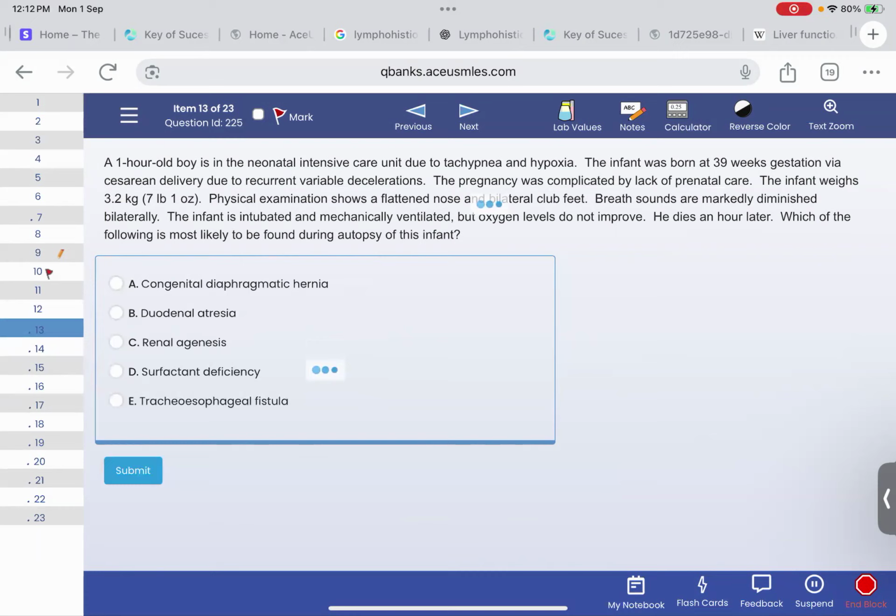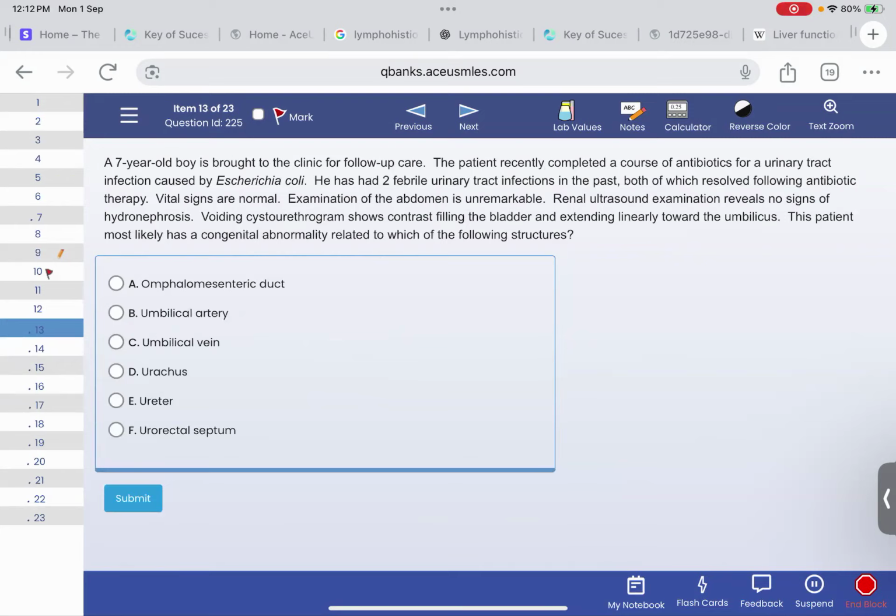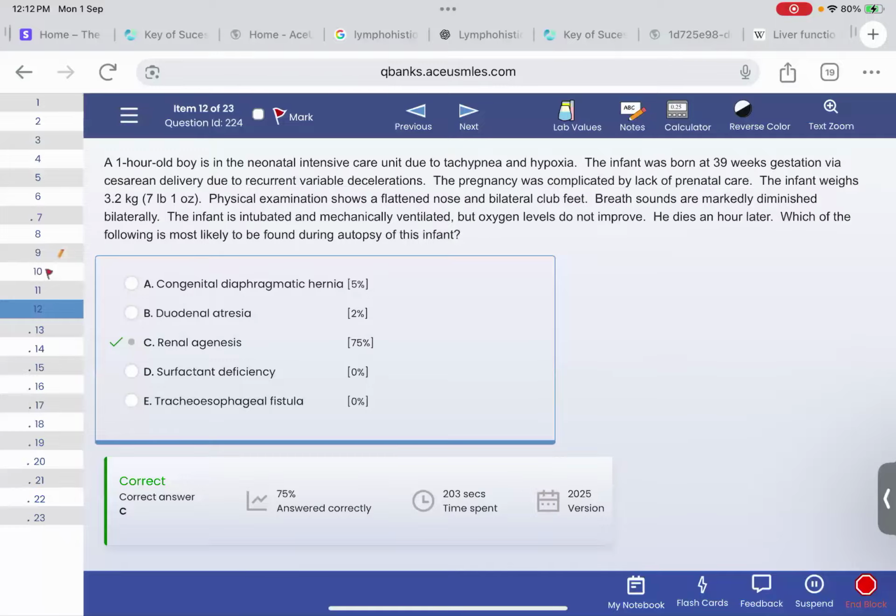Yeah, because I saw this, the other symptoms were kind of the same. That's why I was wondering how it's different from the other one. The flattened nose and the club feet and all that. Yeah, all these: flattened nose, club feet, and problem with